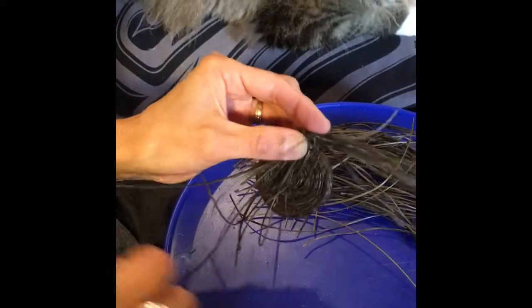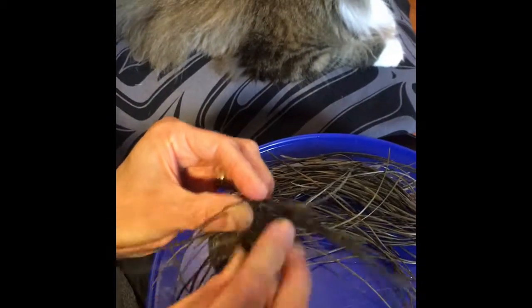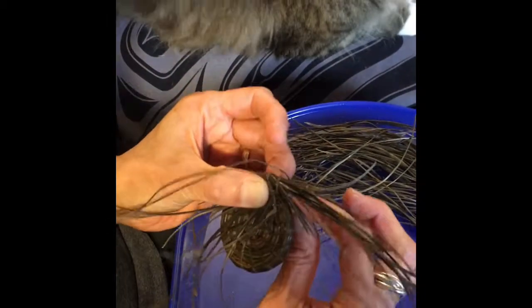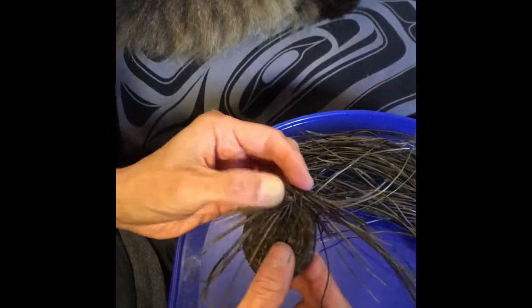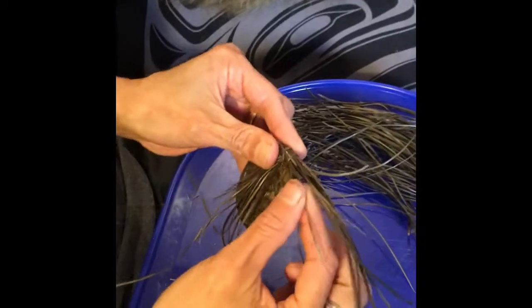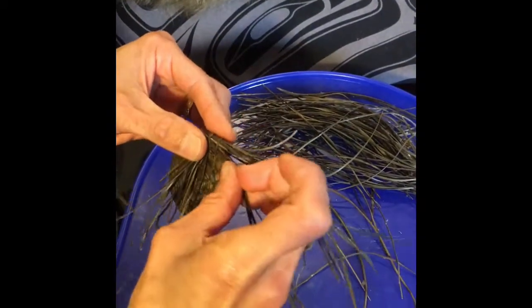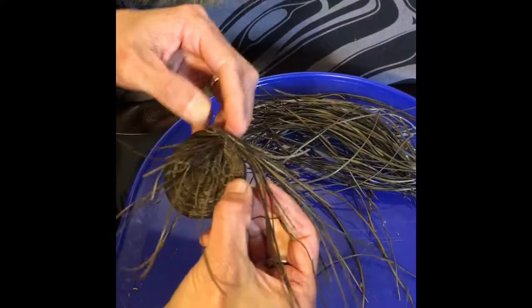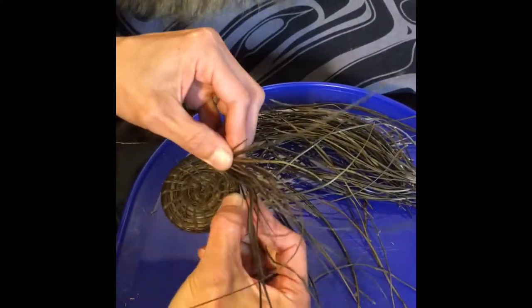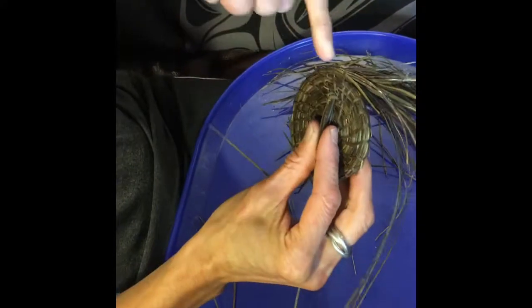I'll do one more. Now I'm going to pierce the sinew there. Maybe before I pull this one tight though, I'll add one more. There. I'll come back to this shortly. Done. Okay, so you can see that I'm coiling around, missing that little middle part altogether, and it's going to